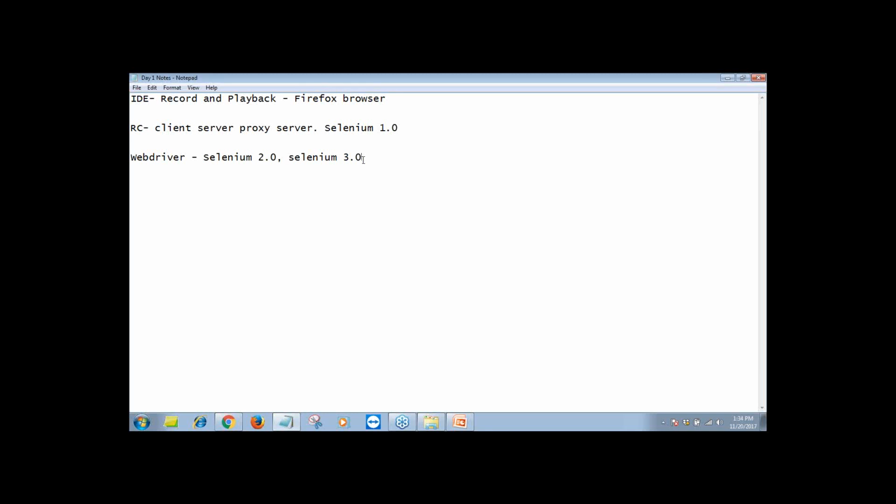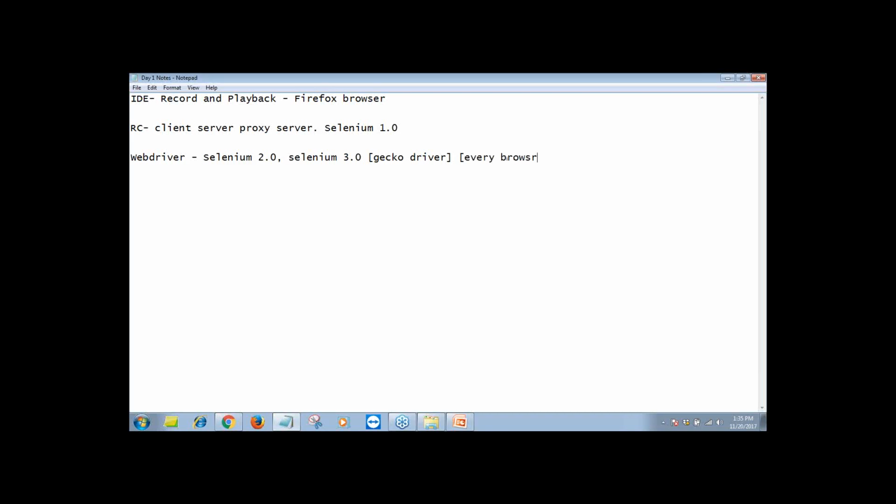And with the Firefox browser, there is a change. We used to have, we have to now use Gecko driver. No longer can we use Firefox driver. We use something called the Gecko driver with Selenium 3.0. So one is the Firefox driver, and what is the other change between Selenium 2.0 and 3.0? Gecko driver is to be used now, and every